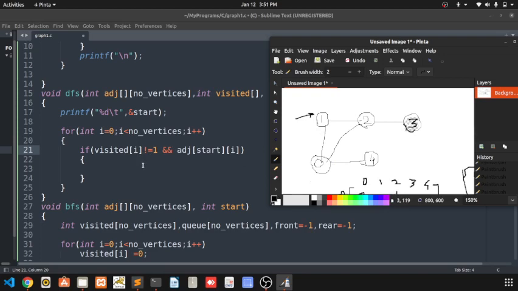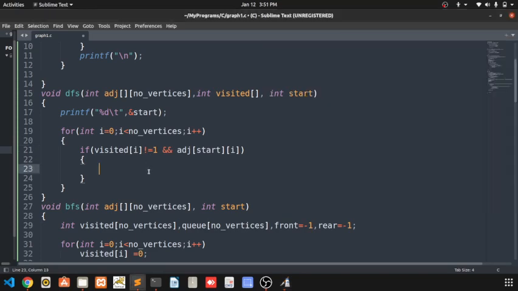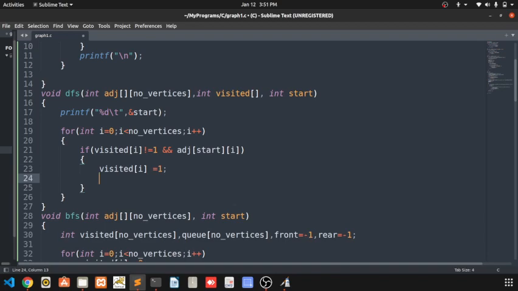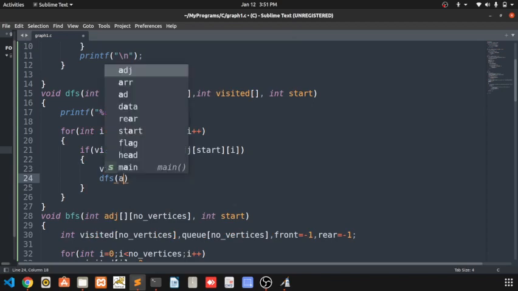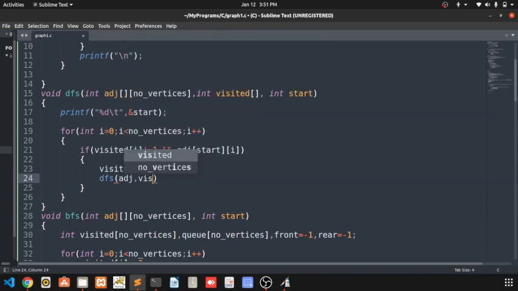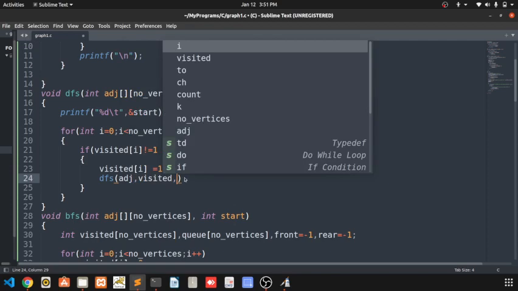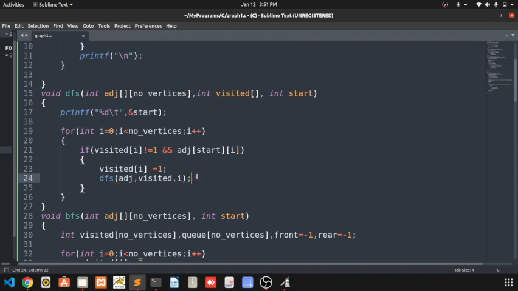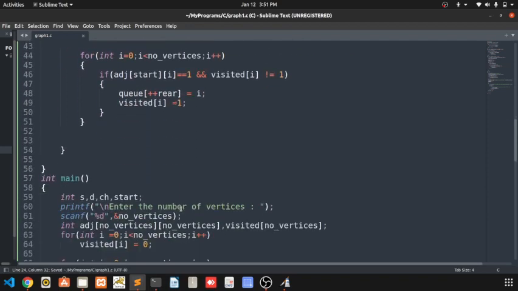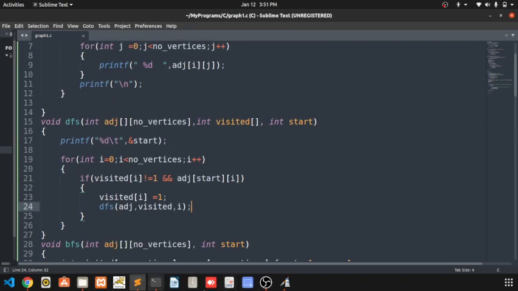For 2, what I have to do is first mark it visited, and the magic is that just call this, pass this, and now start it with this i. That's it, no need to write this again and again.